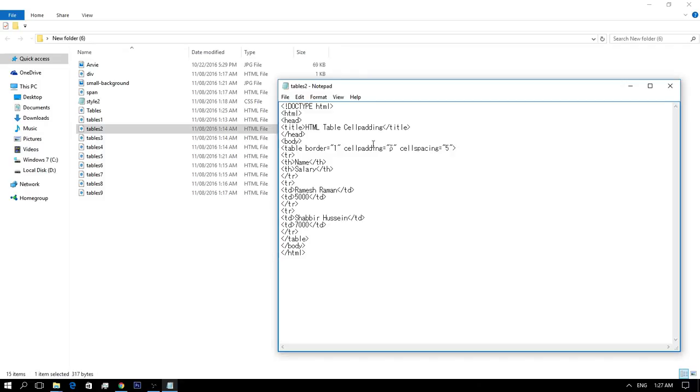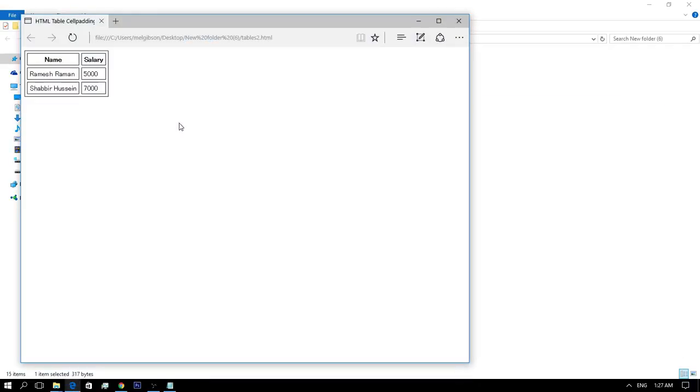The cell spacing attribute defines the width of the border, while cell padding represents the distance between cell borders and the content within the cell. So this is the cell spacing, the width of the border, and the cell padding this.